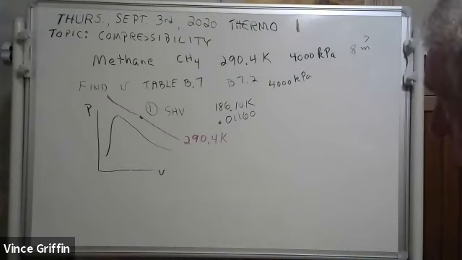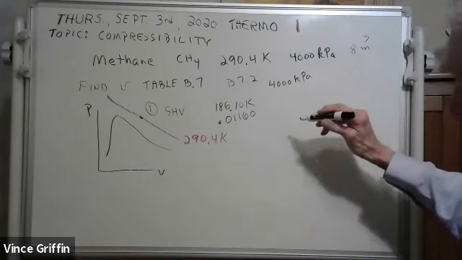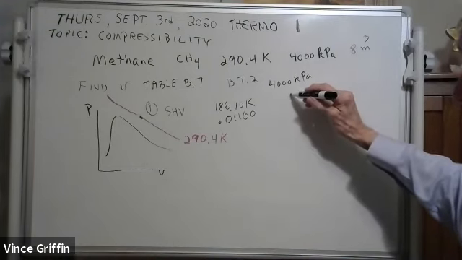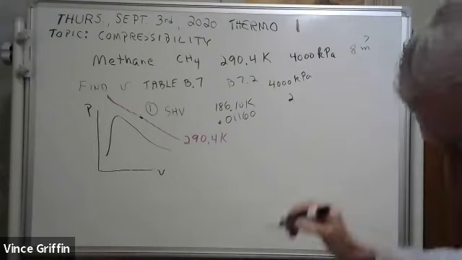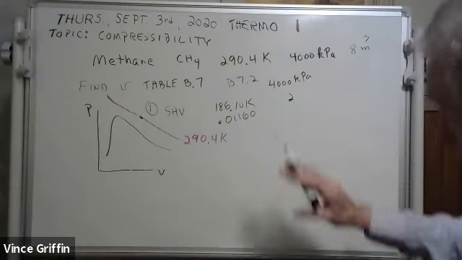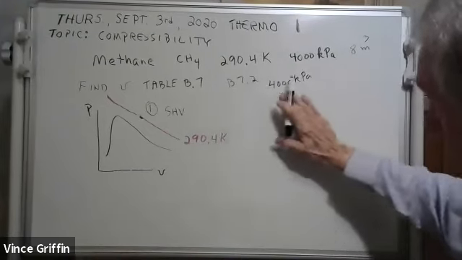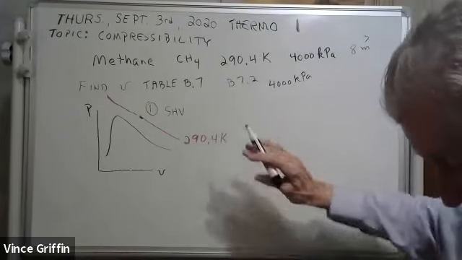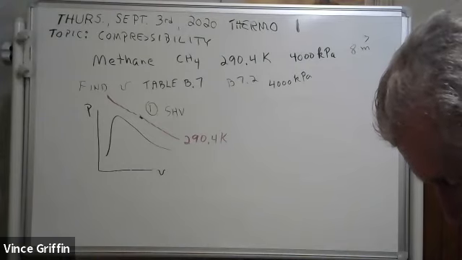But see, that's 186K. Now what we got is 290. No, never mind that. We don't need that. I goofed up. What we need is at